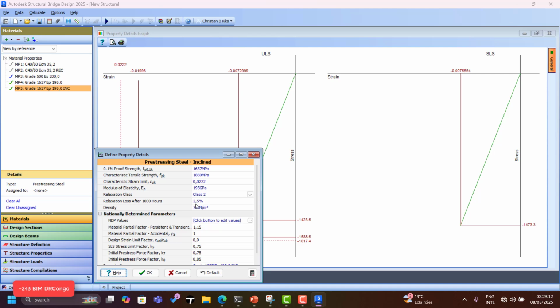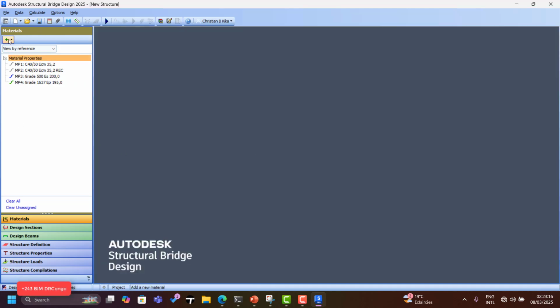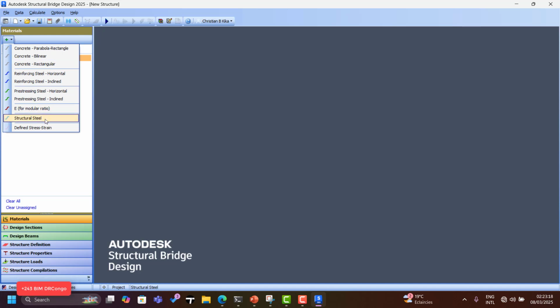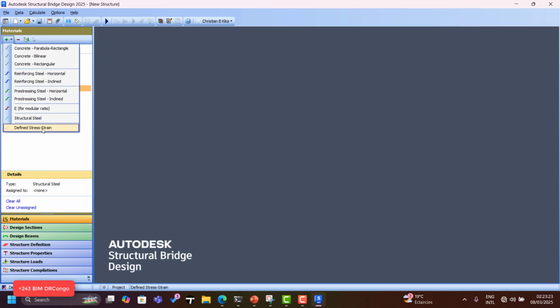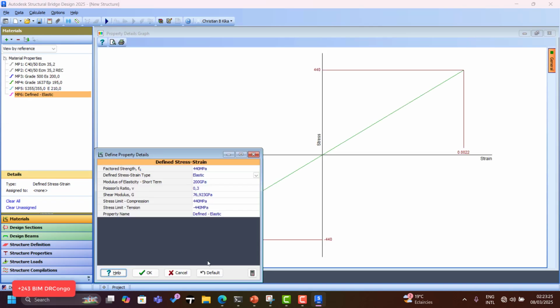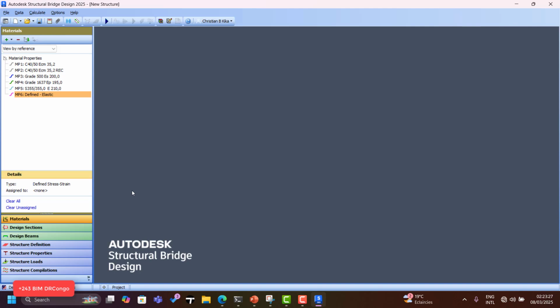We can make some modifications to the properties if you want. It will be default, and the steel structure too. Defining the stress and strain is very important. You can see it's very simple. After that, the second step